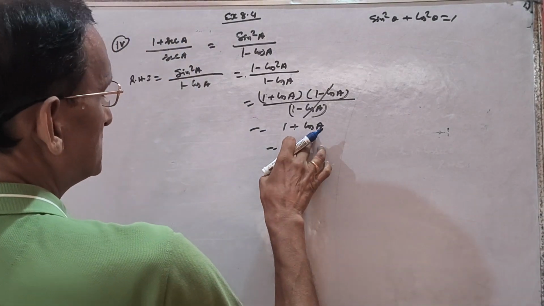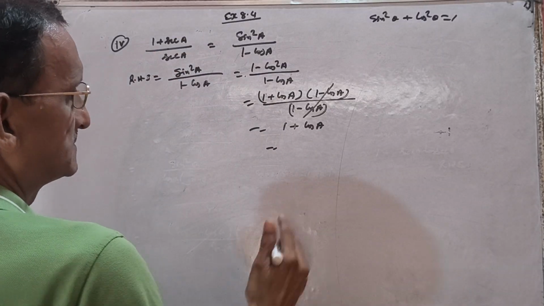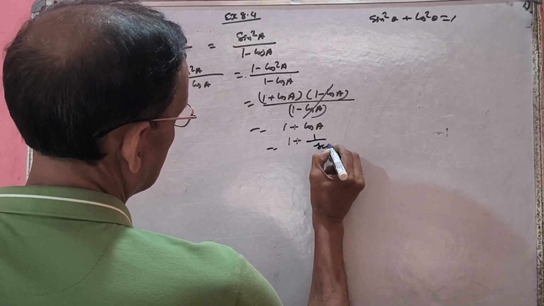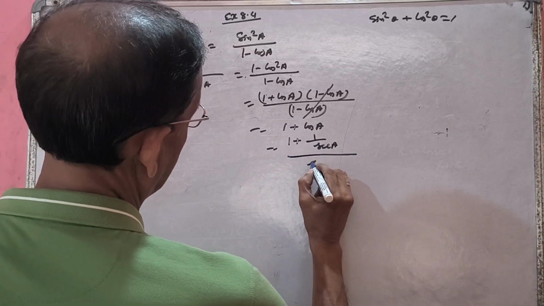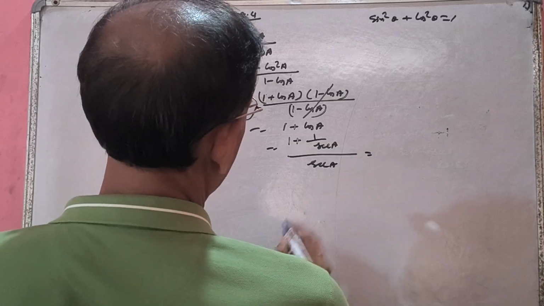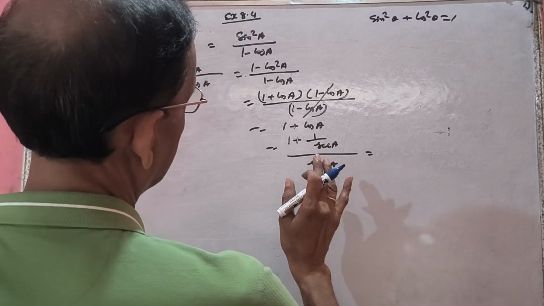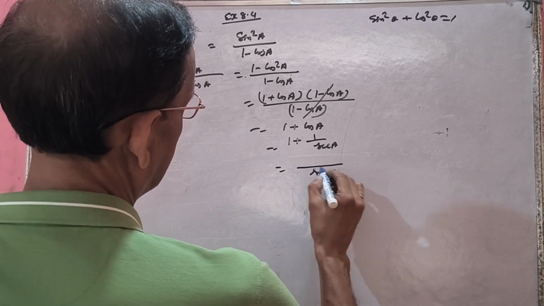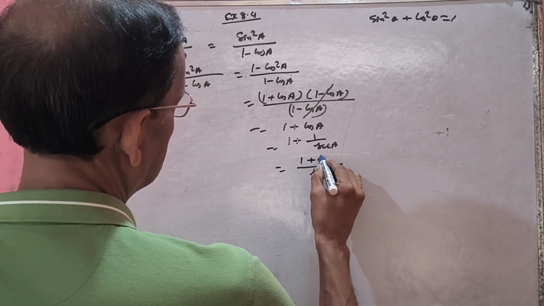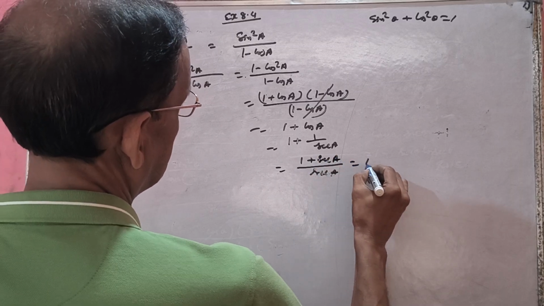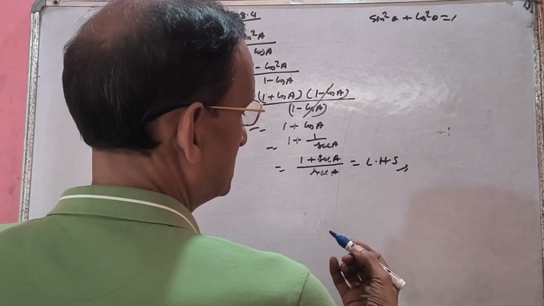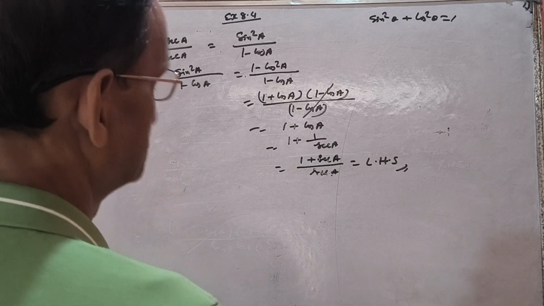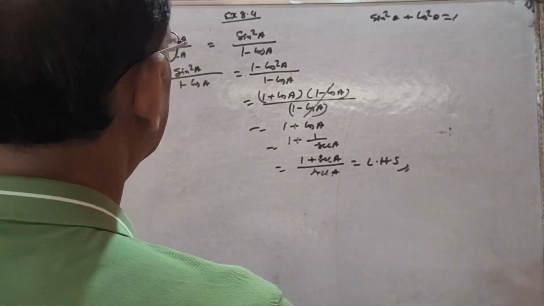So you know cos can easily be converted to sec, the target. So convert cos to the reciprocal of sec, so 1 by sec A. Then what is the LCM? Sec A. What will you get here? Sec A plus 1 or 1 plus sec A, same thing. And this is the left hand side. We started from the right hand side, now we are getting the left hand side. So understood this? Quite easy.